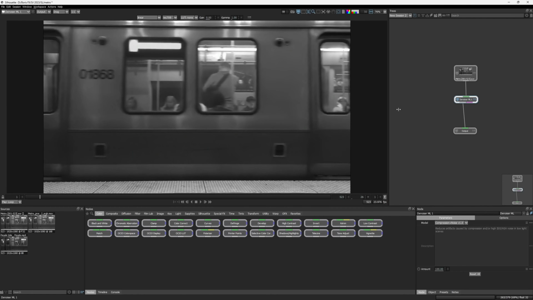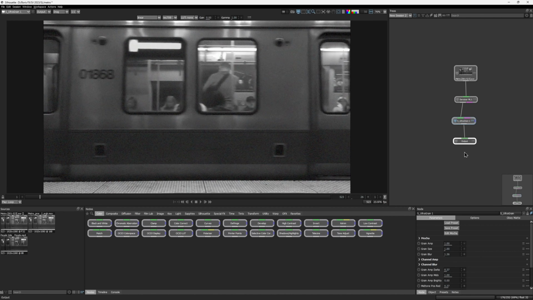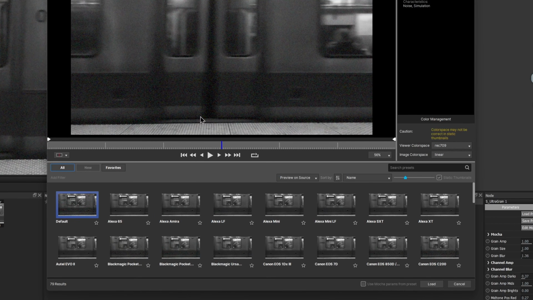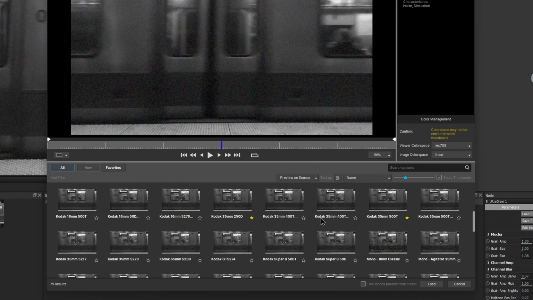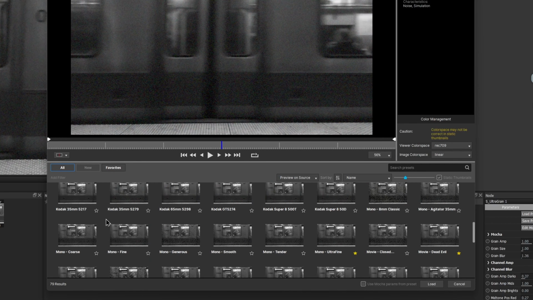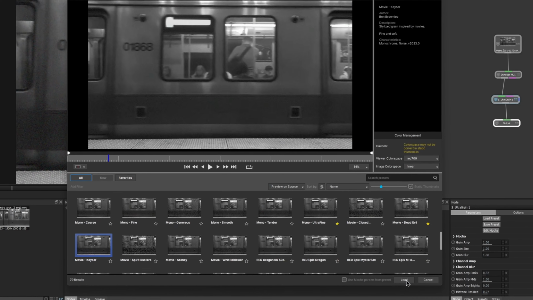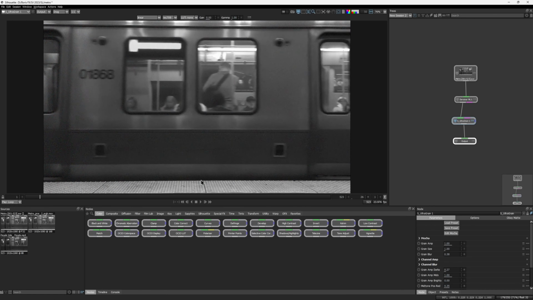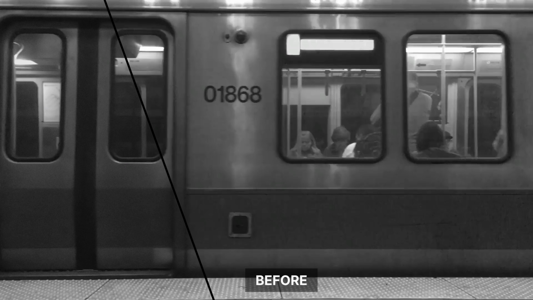You can render that straight after the denoiser, or optionally add a subtle amount of grain. A neat and tidy pattern would look much better than that blockiness that we originally had. I would pick one of the monochrome presets because our original image is obviously black and white. And let's compare. This one is looking much better.